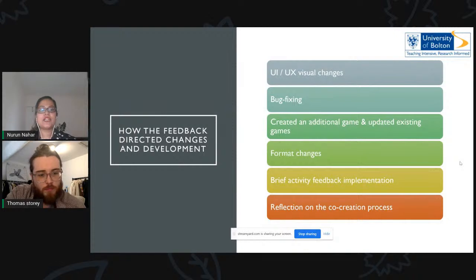So the feedback has actually directed some changes and developments in EdOwl. We immediately took the feedback on a positive note to work on our user interface design as well as to bring in some visual changes to the color and the display. And we have also been working on fixing some technical issues within the current version of the app. And Tom has been working